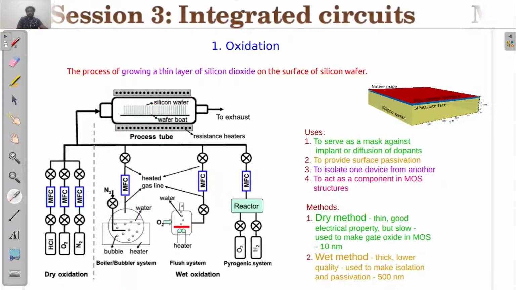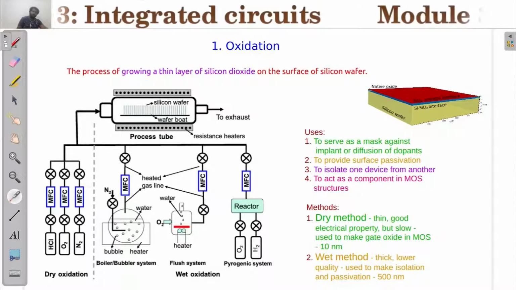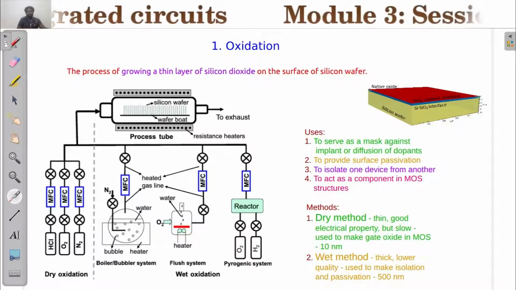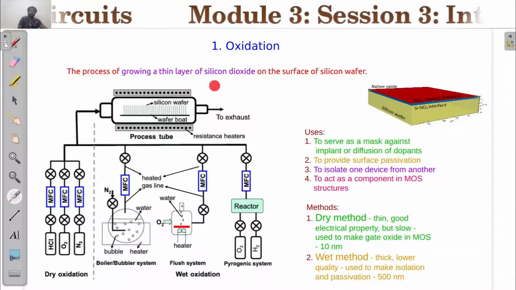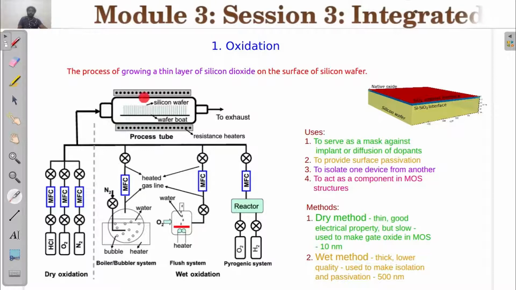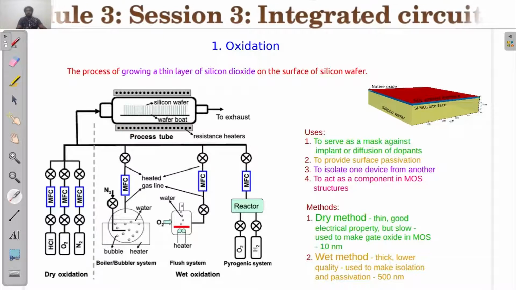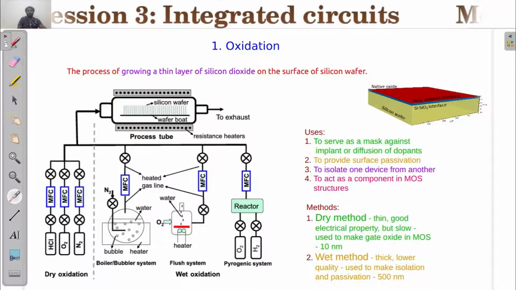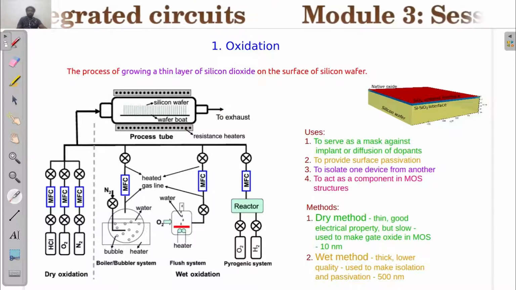All these procedures will be controlled by a computer. The computer will be controlling whether to insert a particular silicon wafer, when to insert it, and when to take it out. All those parameters, the temperature, the flow of gases, everything will be monitored and controlled by a computer. So there is no mechanical or human action needed for this. All these protocols were made by empirical and theoretical studies, and the exhaust is given out through this vent. So this is the process of oxidation.